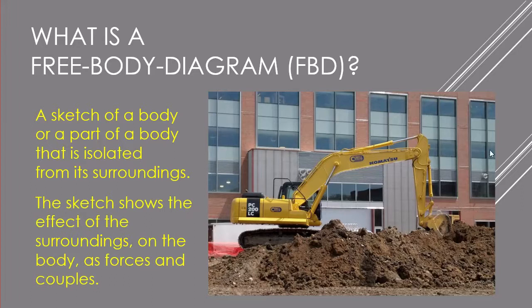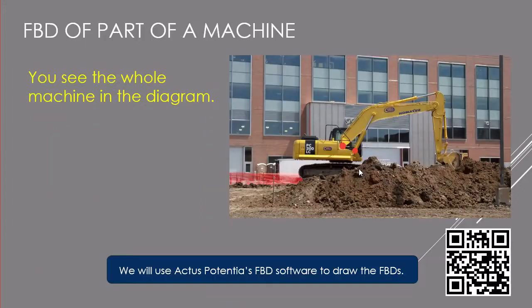So first we start with a sketch that shows the effect of the surroundings, and the surroundings include the load on the earth mover coming from the dirt at this point, and all the pins and connections and the hydraulic cylinders and so on. We will analyze only a part of this body, as I said before. So what we do is,